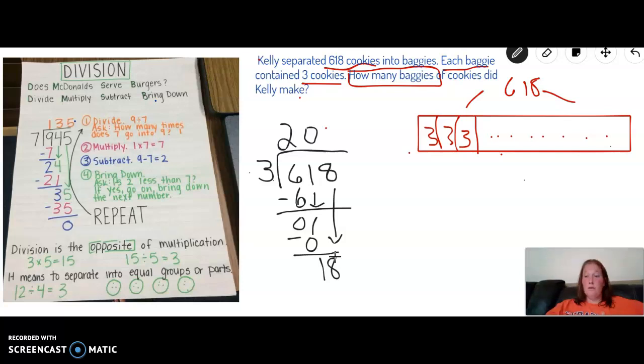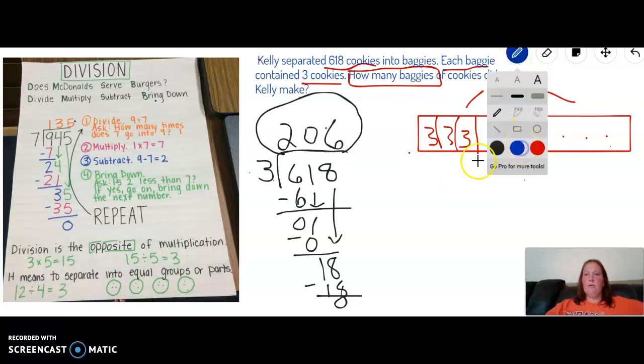Start the process over. Divide. How many times does 3 go into 18? You know those multiples? Good. We know that 3 times 6 equals 18. Okay. So you just multiplied. And when we subtract, we get 0. So we know that there are 206 baggies. Okay. And to prove that we did it correctly, we will multiply